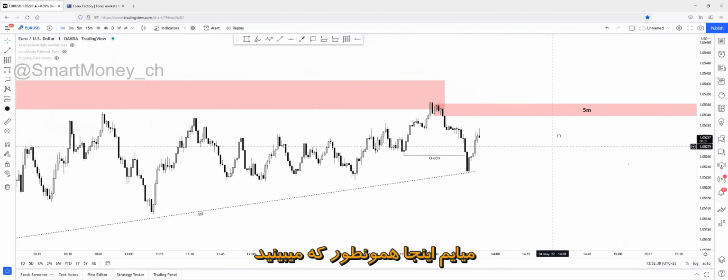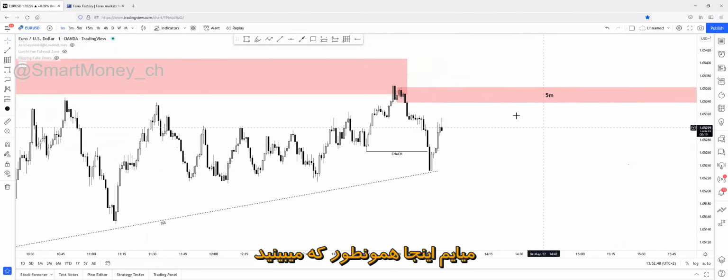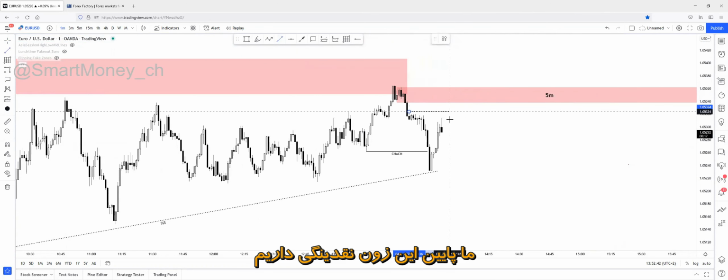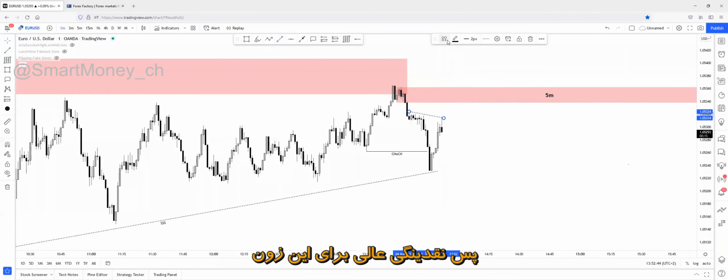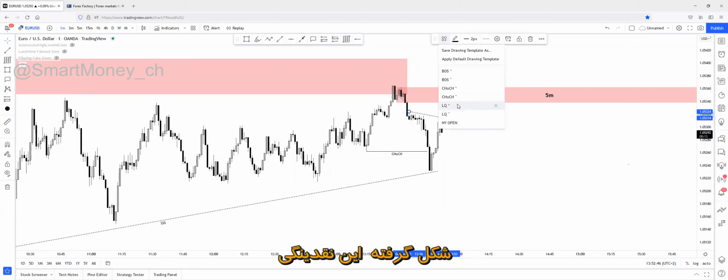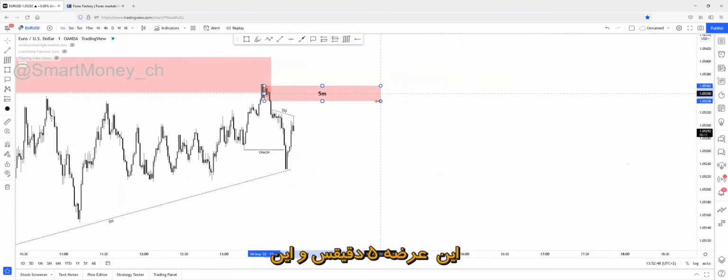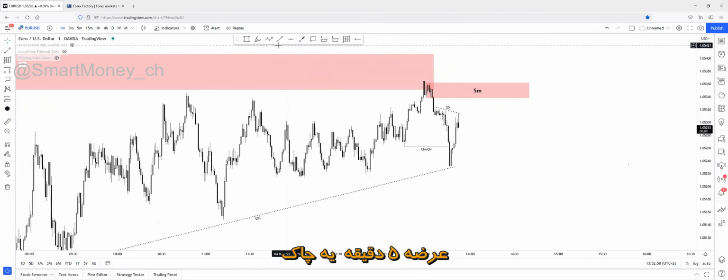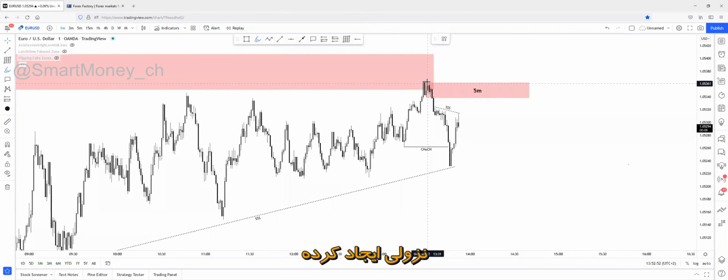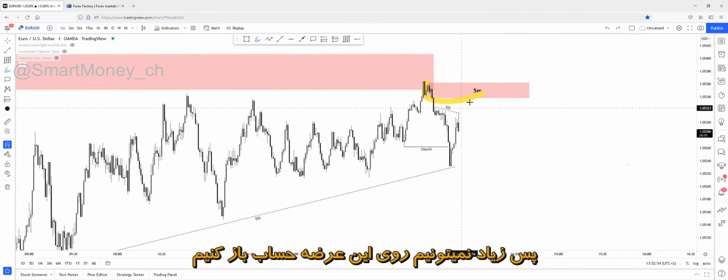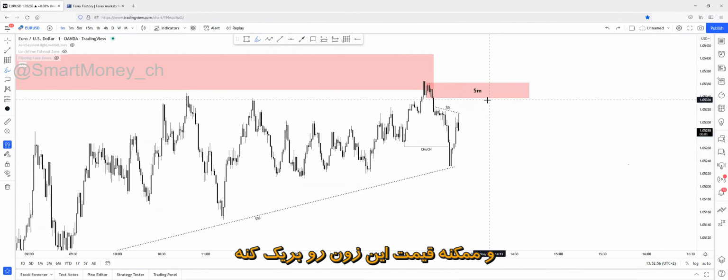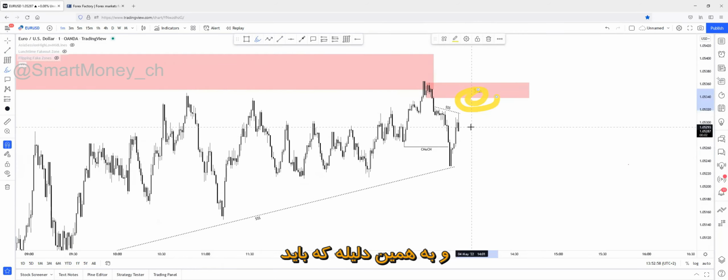So here it is. As you can see, we have liquidity for this zone also. So perfect liquidity has been created for this zone also. Here's the liquidity for this 5-minute zone. And this 5-minute zone has created a change of character to the downside. But this change of character has happened in the lunchtime, so we can't really rely on this zone. And we might see the break of this zone. That's why we need a confirmation.